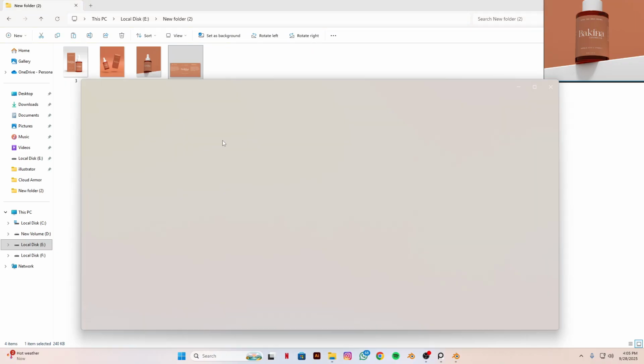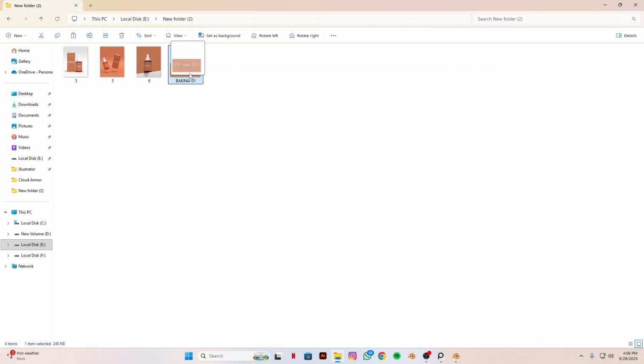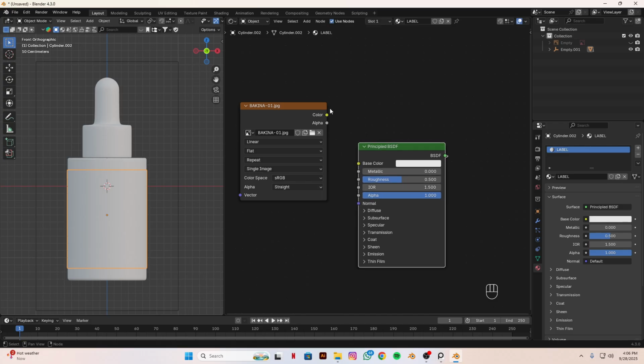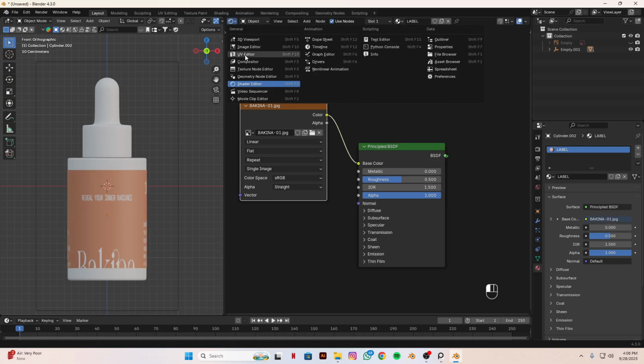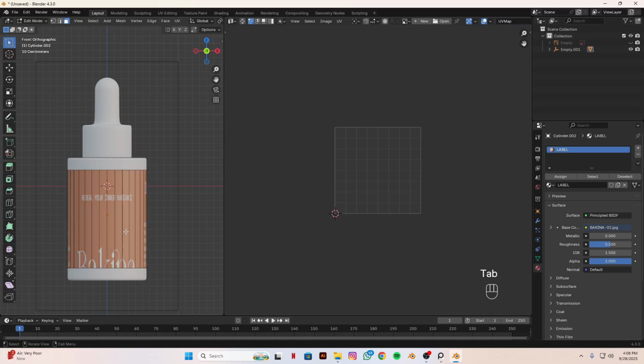So I have this label which I made in Illustrator. Let's drag and drop it in Blender. Connect this color to base color. Now we have to wrap this one, open UV editor and select this label, tap to edit mode and press